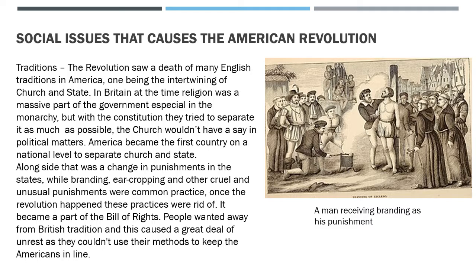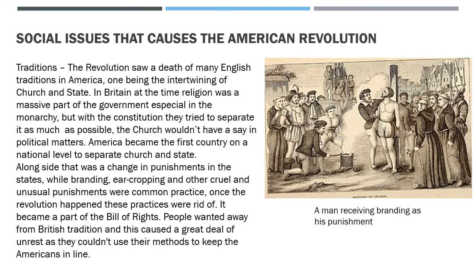punishment in states. While branding, ear cropping and other cruel and unusual punishments were common practice, once the revolution started to happen in the early days, these common practices were rid of. So much so that later on, after the revolution, it became a part of the Bill of Rights. People wanted away from British tradition, as they saw it as British overrule. And this caused a great deal of unrest due to the British no longer being able to use methods to keep